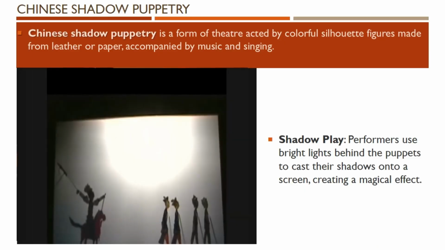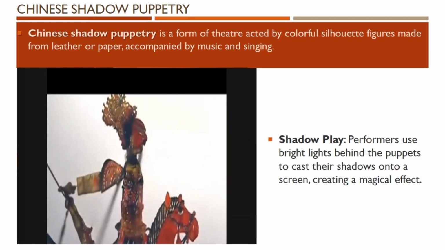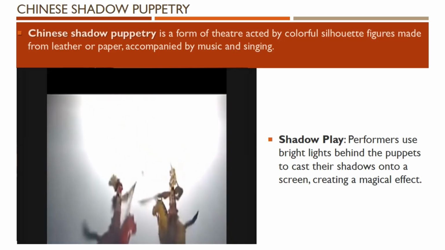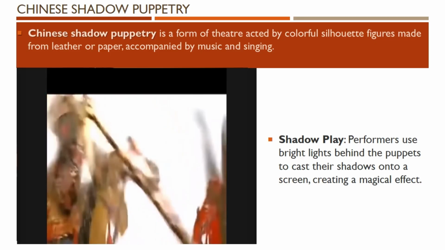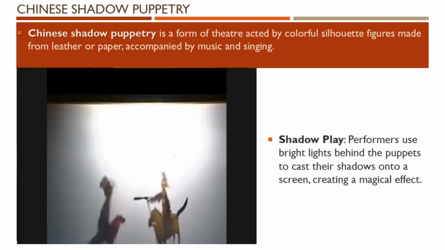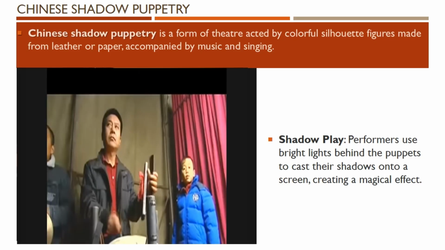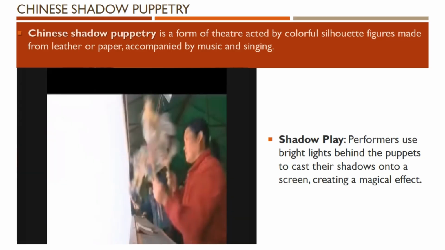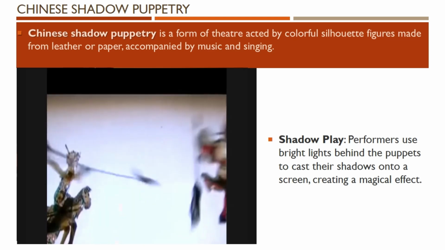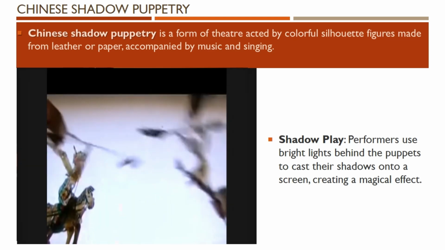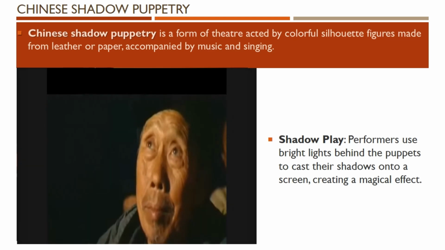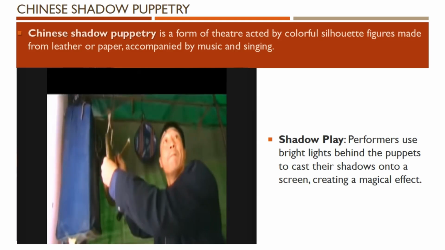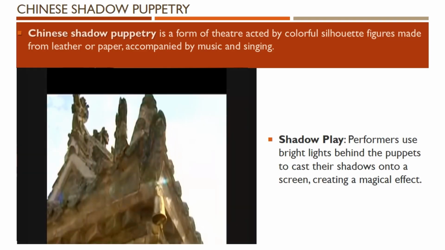Shadow puppetry is a kind of performing art. It uses music and operatic singing to accompany silhouette figures made from leather or paper. These figures are manipulated to create the illusion of moving images in front of an illuminated backdrop. Because it employs lights and shadows as the medium for storytelling, shadow puppetry can be considered as the ancestor of both Chinese opera.